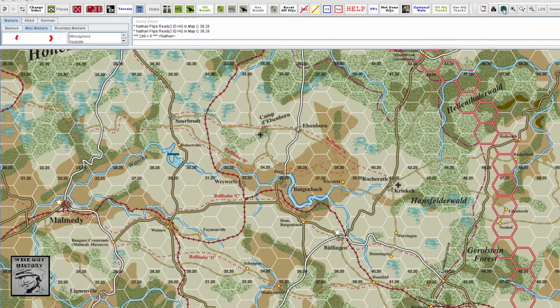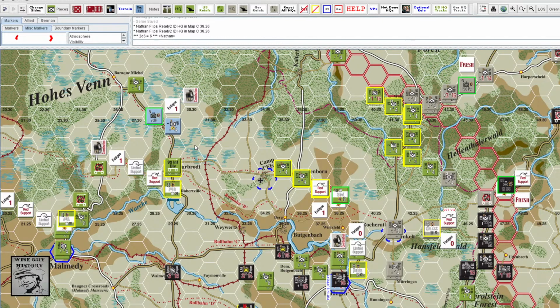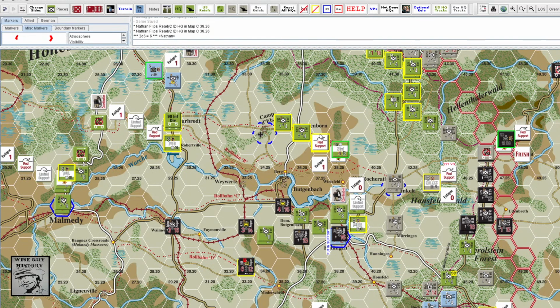I could counterattack the armour there, but that's a pretty tough unit. It would be good. Or I just hold on to Rollbarn B and protect this secondary road out here, stop Von der Heydte from linking up. And I think I might just do that. 1, 2, 3. 1, 2, 3. Is it Robertville? No, it's nothing. So I may as well defend there across